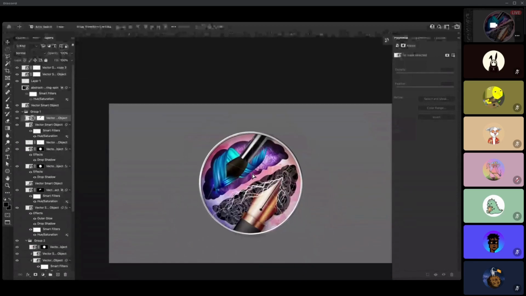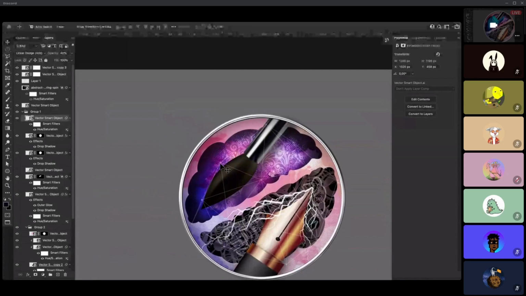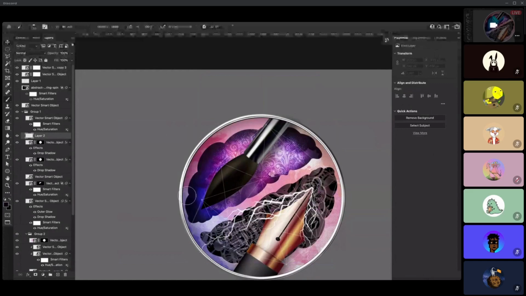But I'm not digging it overall. It can be better. I think I need to find better assets on this. Sorry about that. It needs to be gone. Yeah, I need to add some paint splatter onto it, something that feels like this brush is wet, and for that I can also do a new layer, and I can start painting myself.